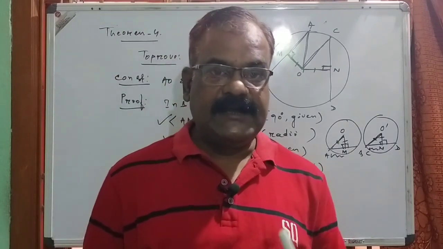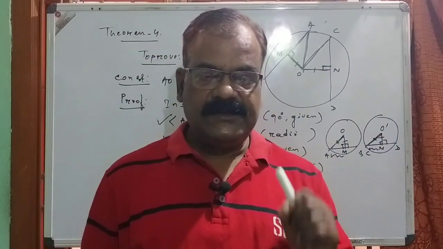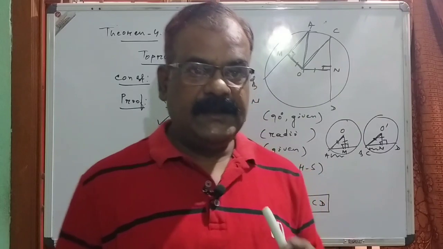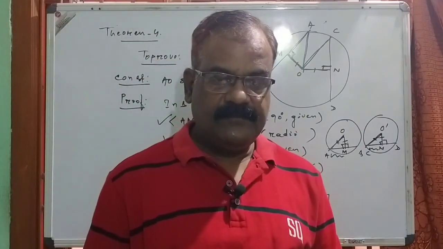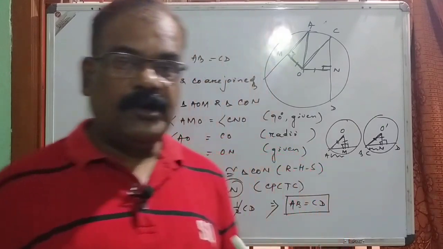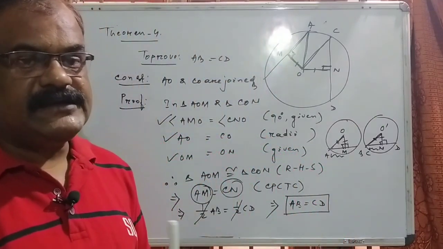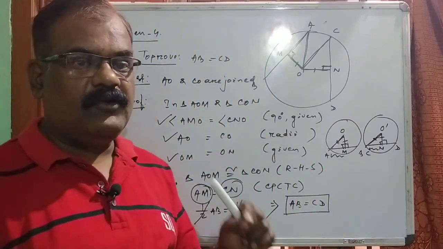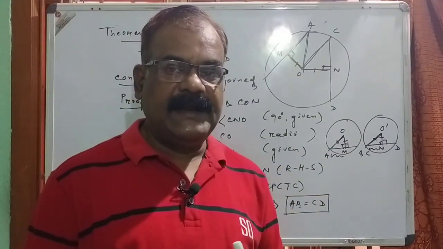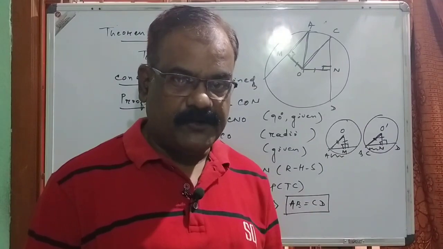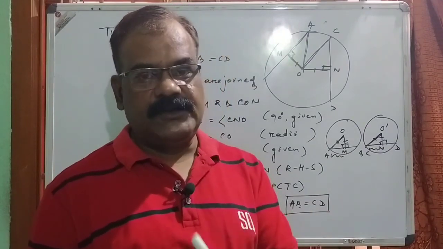The fifth and the last theorem concerning the chord properties is that if three non-collinear points are there, three non-collinear, remember, non-collinear in the sense that the three points are not located on a straight line, then in that case through three non-collinear points, one and only one circle can be drawn.